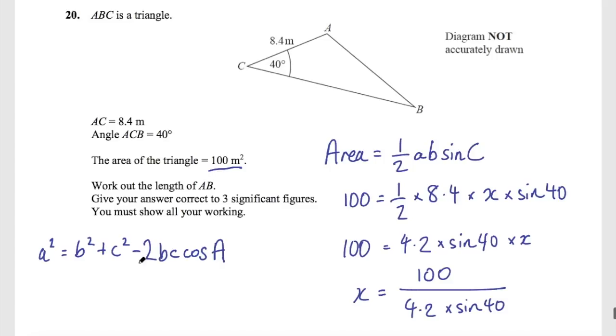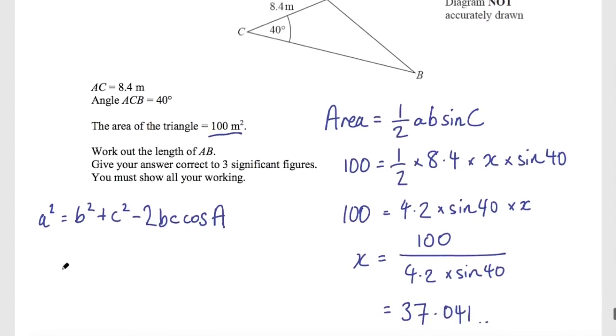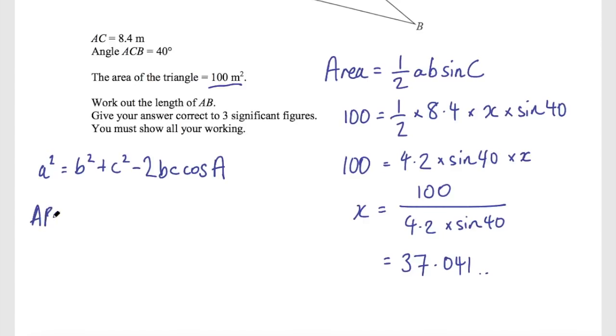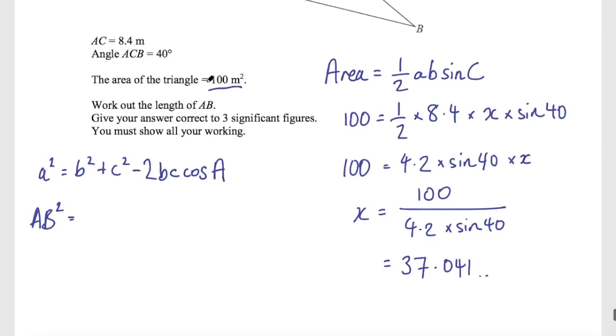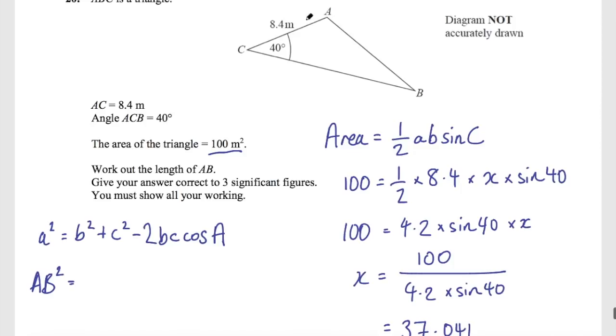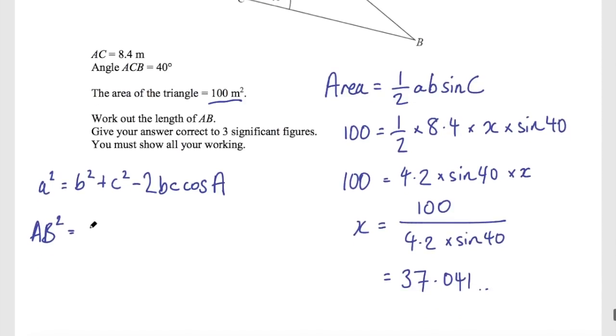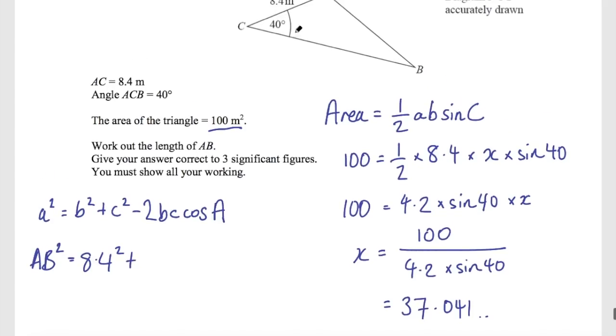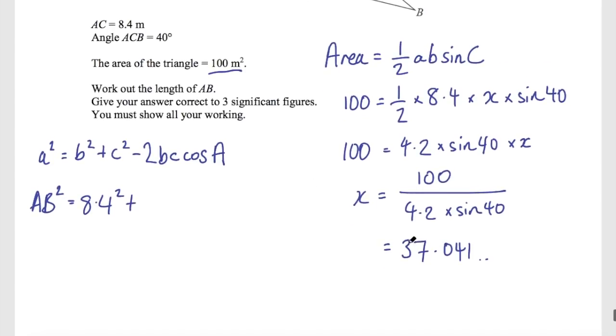Okay, so we are looking for AB, so let's say AB squared equals b squared, which we've said was AC, so that's going to be 8.4 squared, plus c squared, which was this side, CB, so that's 37.041